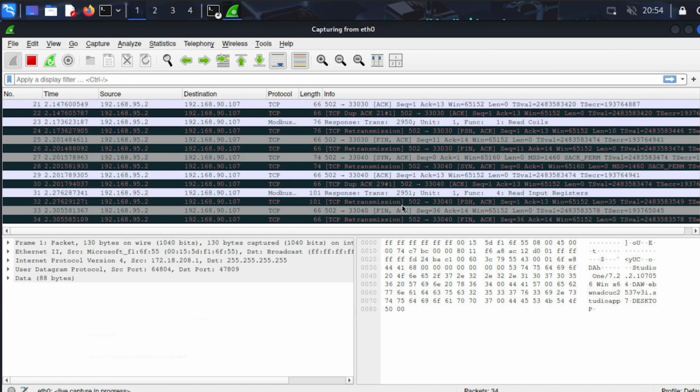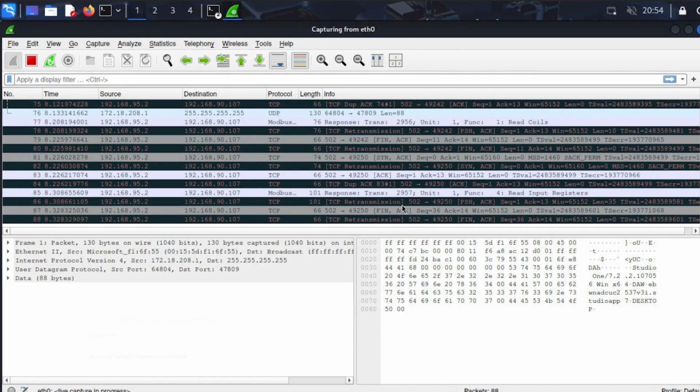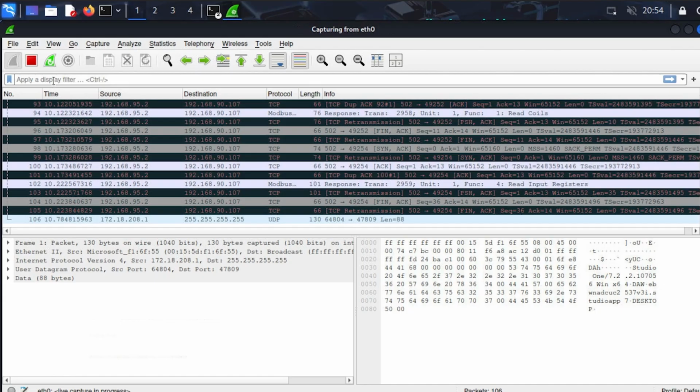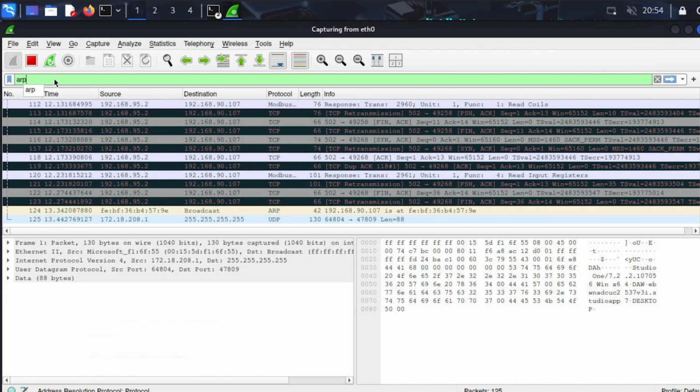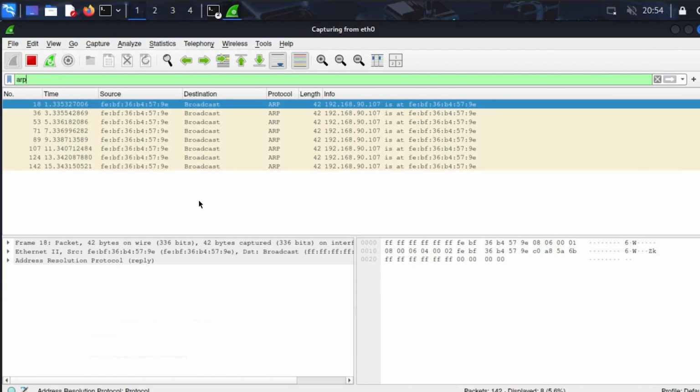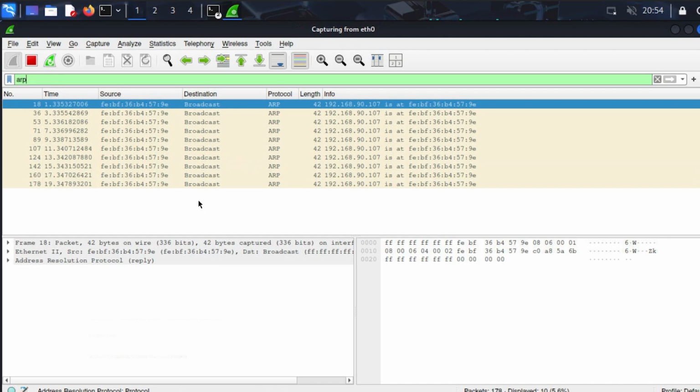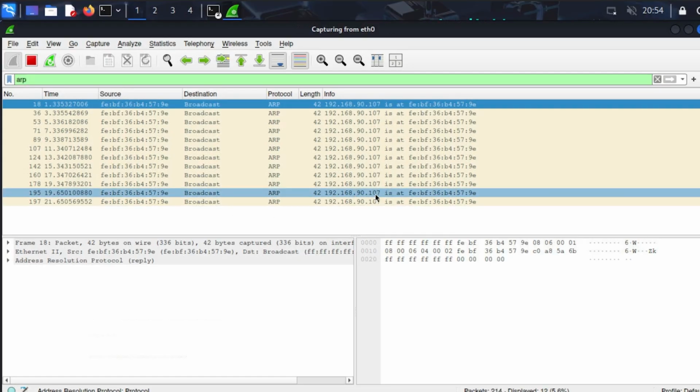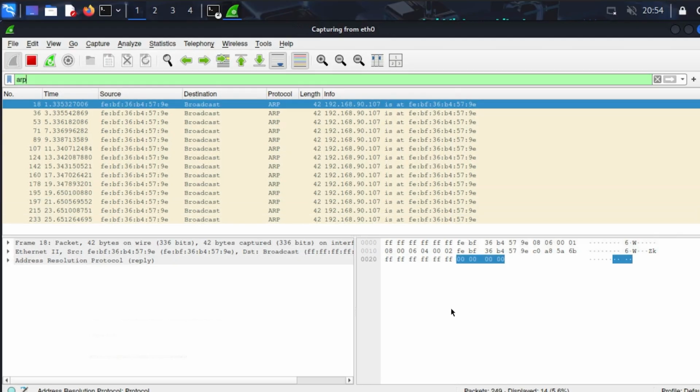There's going to be a lot of traffic, and the first thing we want to do is just to verify that we are ARP spoofing successfully. Let's type in arp on the filter bar at the top and hit enter. And then we should see network traffic that shows that we are sending a message that says, hey, 192.168.90.107 is at this MAC address, and that MAC address is our MAC address, not the actual correct MAC address